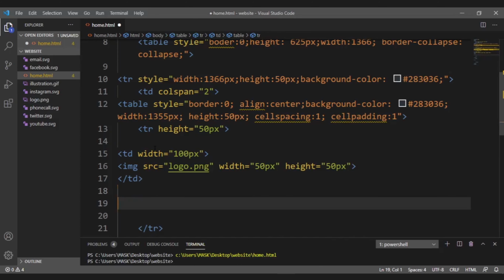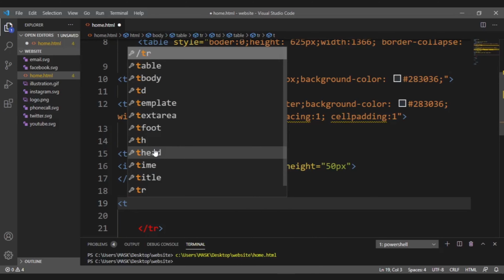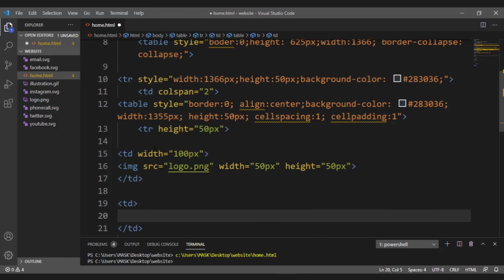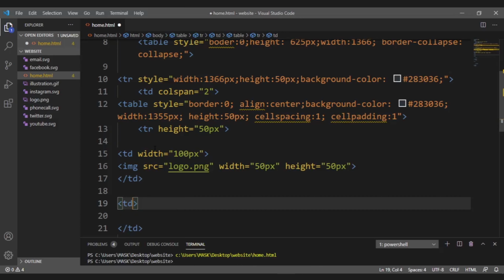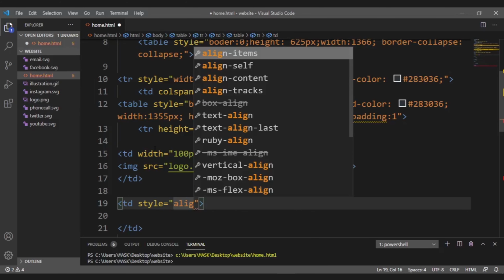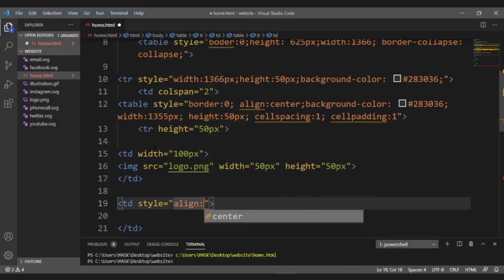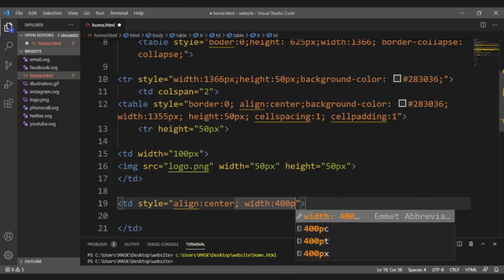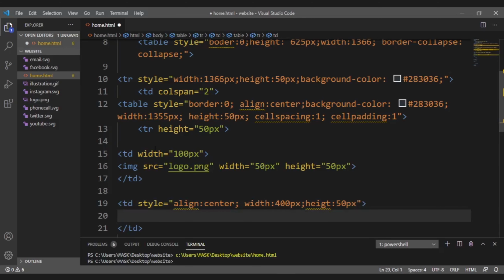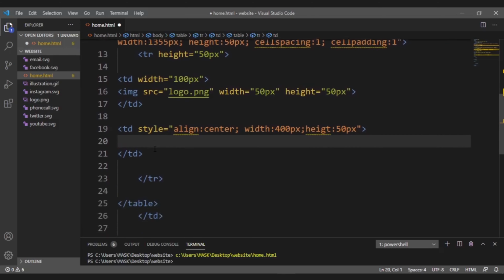Now let's move on to second column, in which we will be using text, which will say courses with mask. So for this first we have to style the column. So style, and in style we will align this text in center. So for this we will be using center. Now let's give it a width of 400 and height of 50. So width,